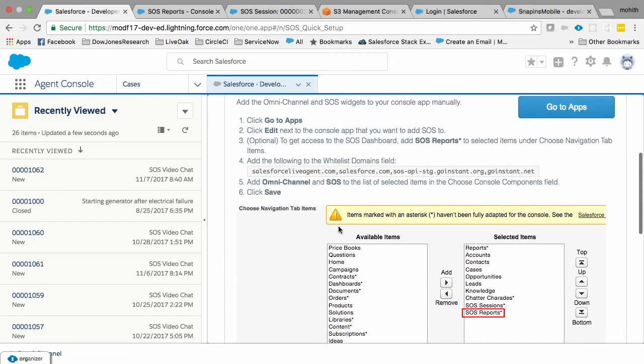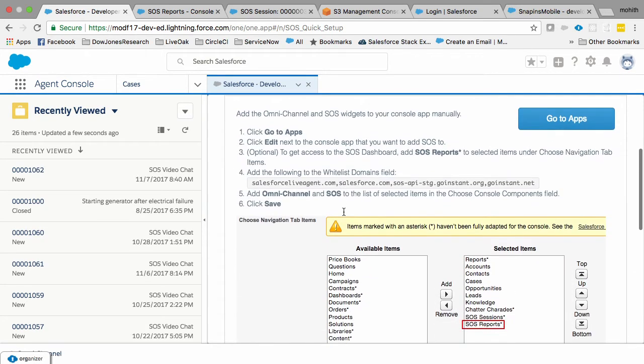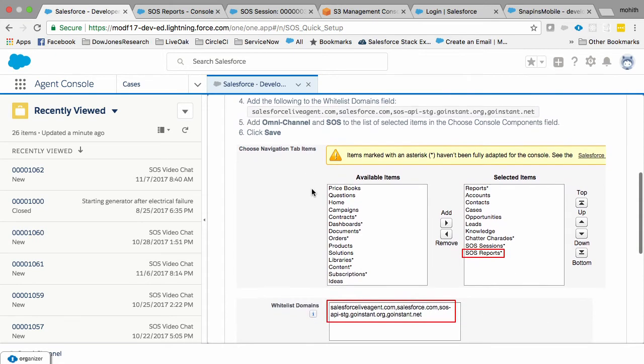And then it gives you a set of instructions on what you need to do in your application. There are certain domains that you need to whitelist, the live agent domain and the SOS instant domain that Salesforce uses. So Salesforce gives you all those instructions here. You can take a look at that. As an admin, it's super simple. You just go and make sure you add all these